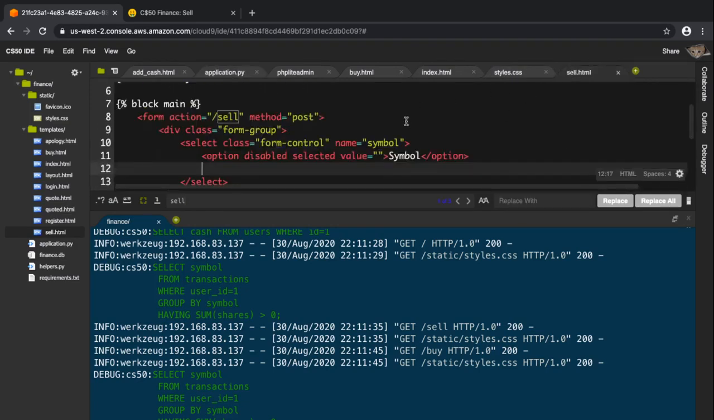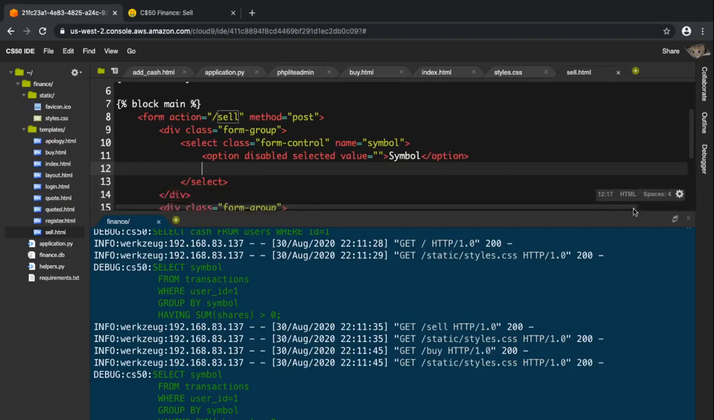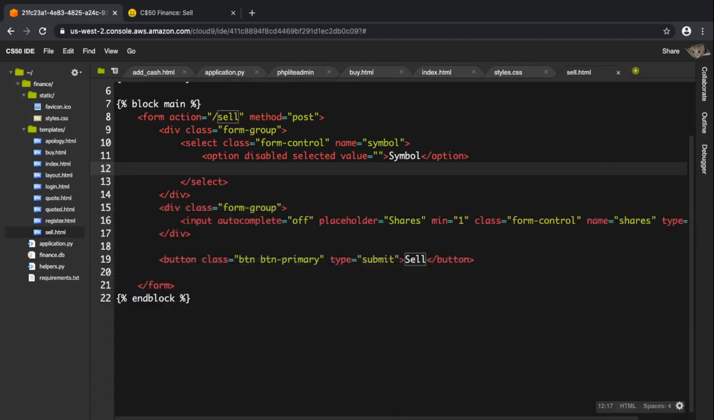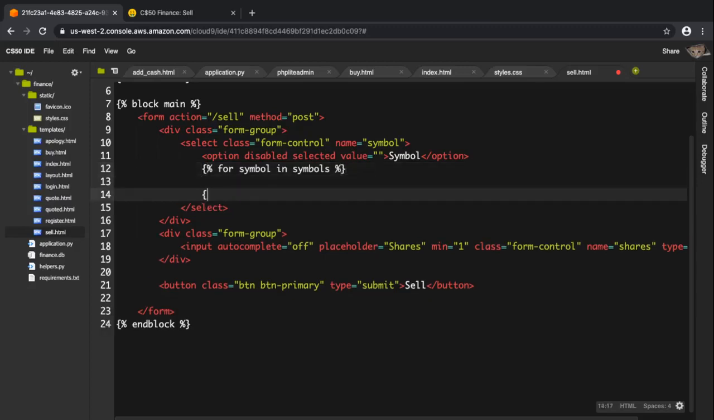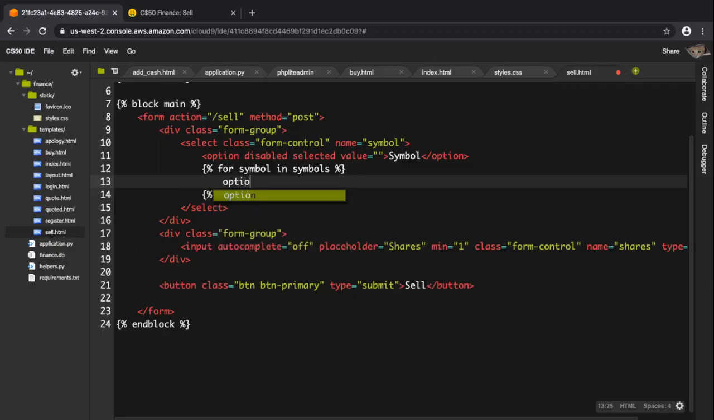So we're going to go here and we can use the templating language. In this case, it's called Jinja, where we can essentially run a for loop. So I'm going to say for symbol in symbols. Okay. We can end this with endfor. And inside, we have an option. This is a generic option that we're going to create here,